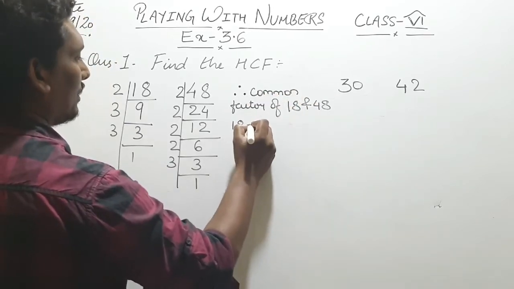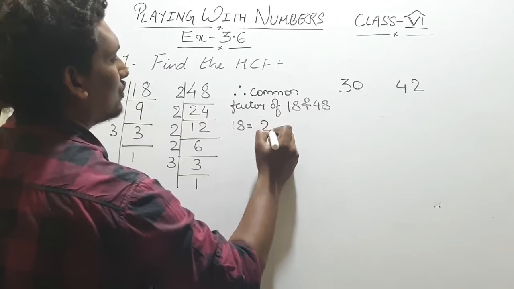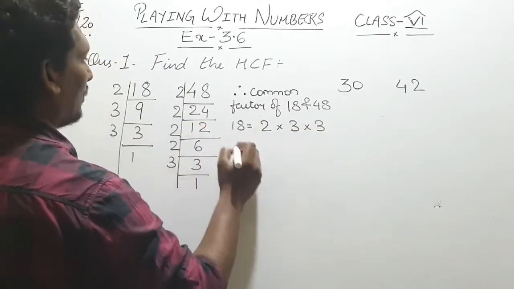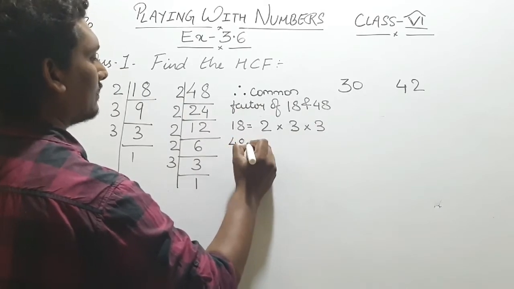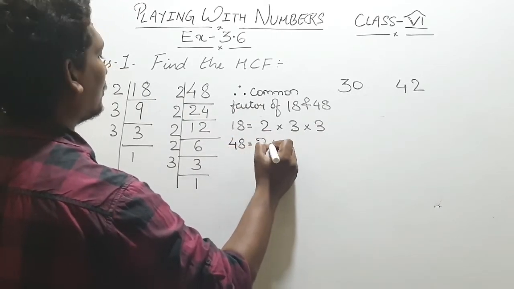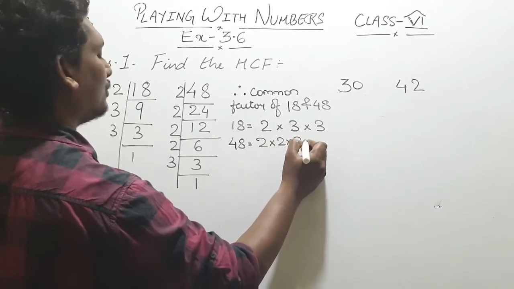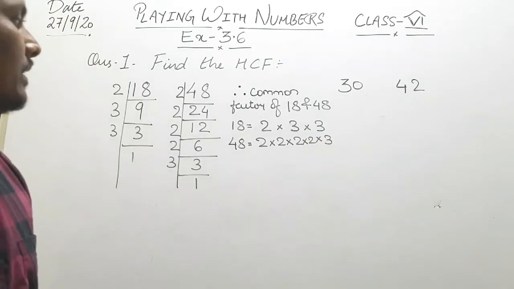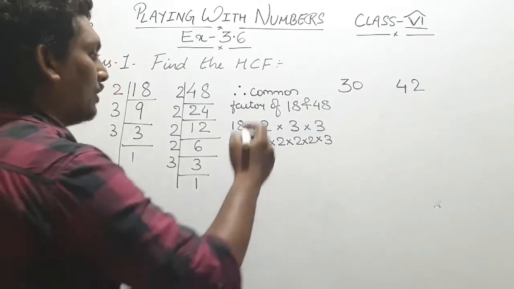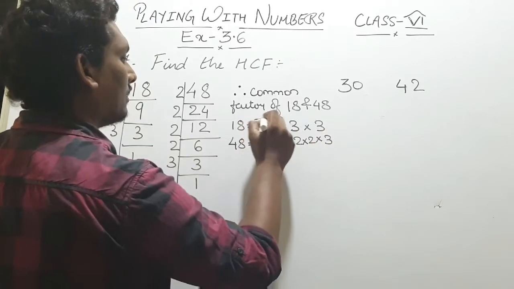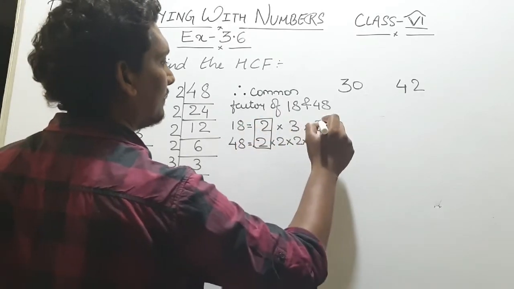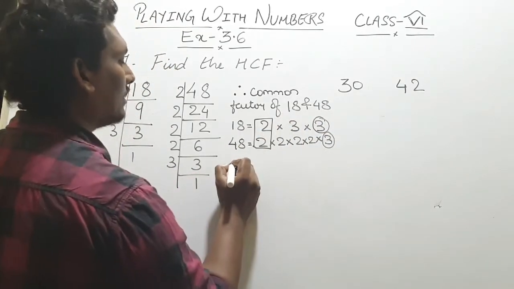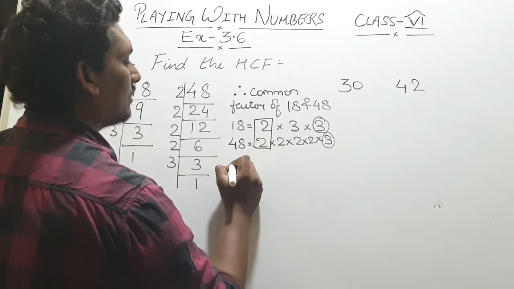So 18 is equal to 2 into 3 into 3, and for 48, 2 into 2 into 2 into 2 into 3, right? So here we have to find out which one is common. So this 2 is common,